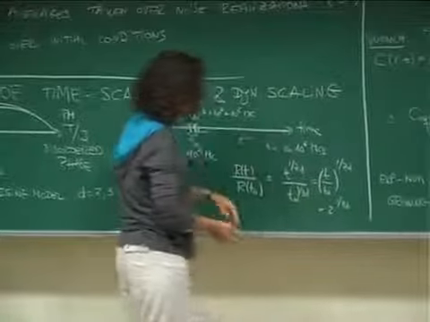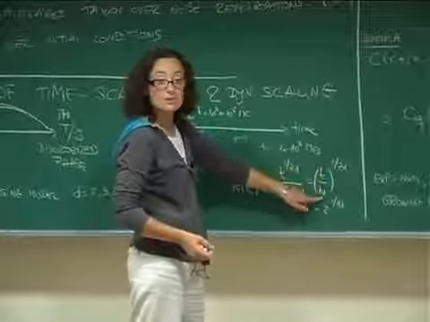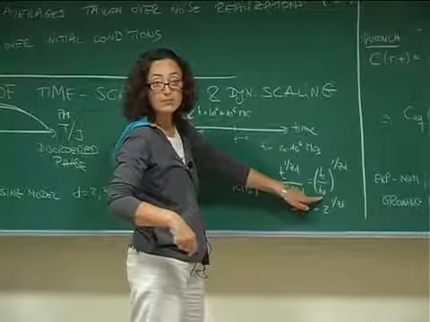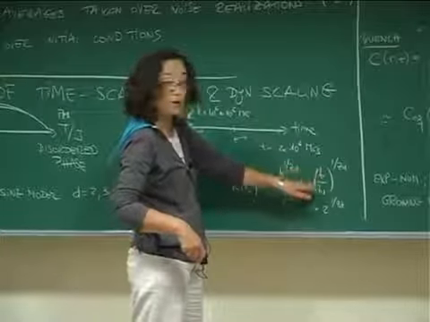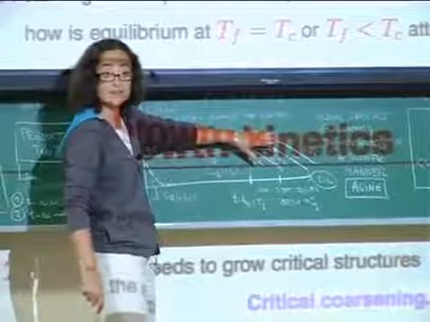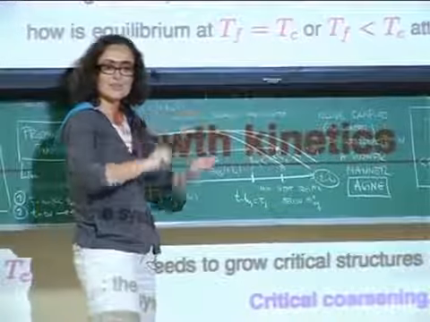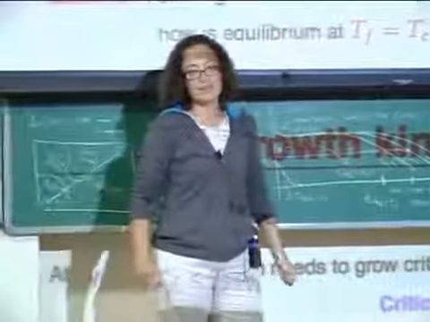If instead I took t to be 10 to the 6 plus 10 to the 5 with respect to tw, then the 10 to the 5 I drop, and this scaling argument is 1. The second term is just fixed, a constant, m squared, and then I get the plateau. So this is the way in which you have to think about the two regimes.